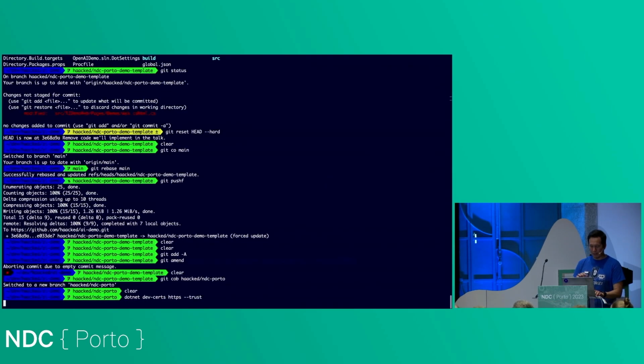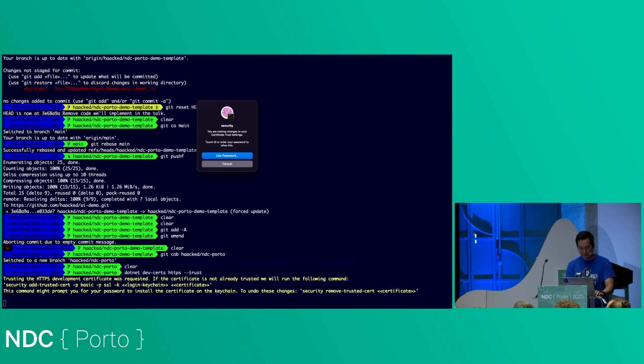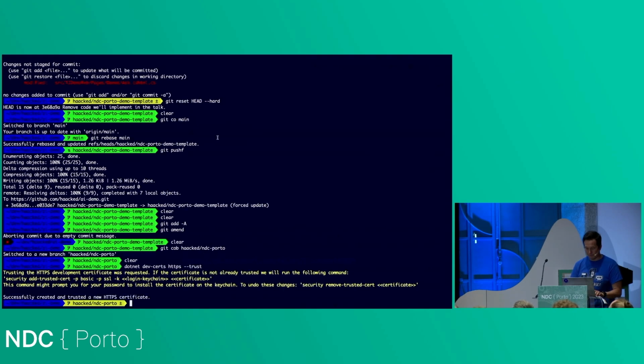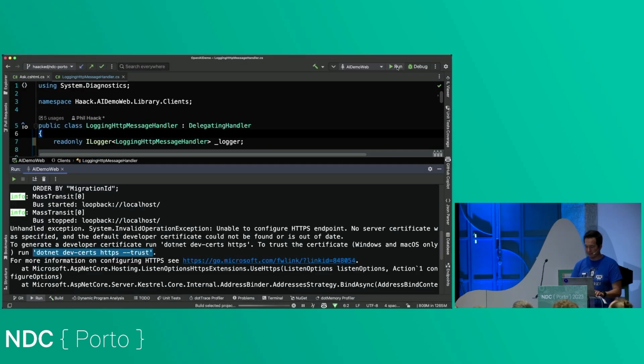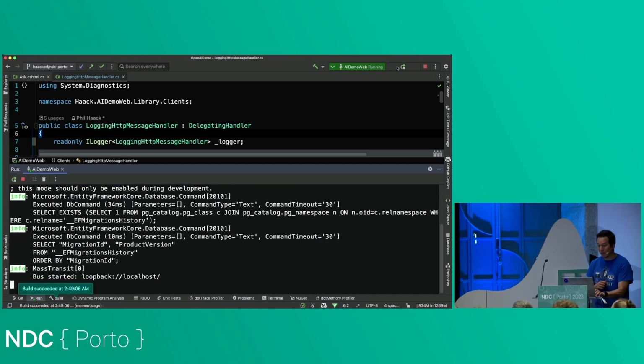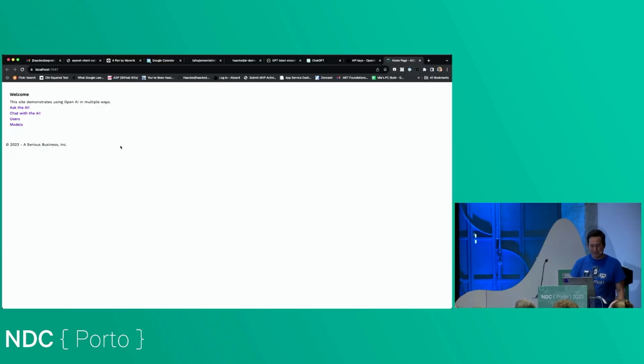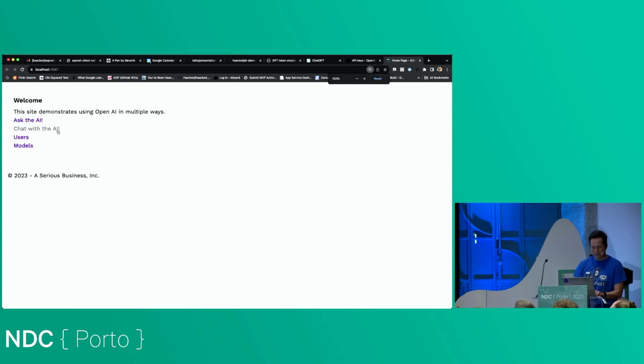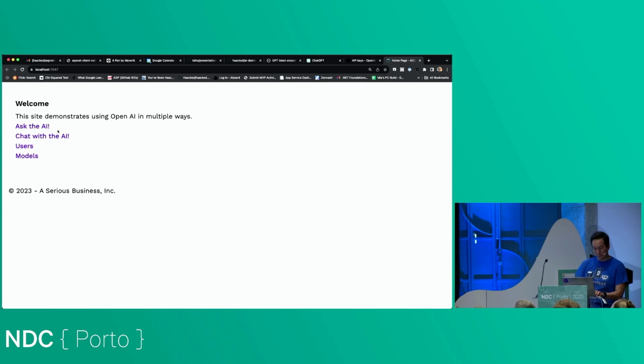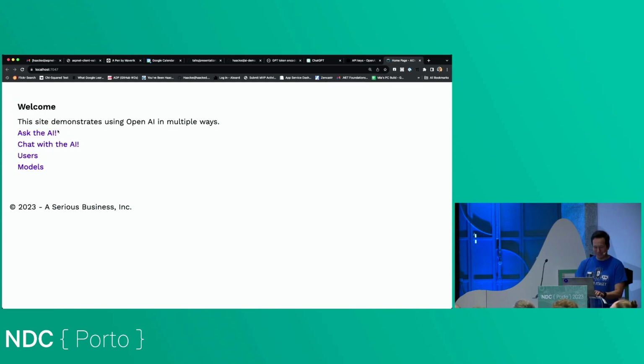I think the demo gods are not kind to me today. Let's try that again. I wonder if that's because I'm on a different network. Oh, look, now it's working in Chrome, so you know I'm hitting the right key, but it's not working in Writer.